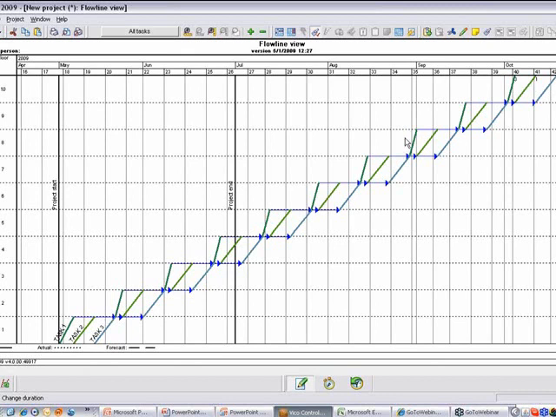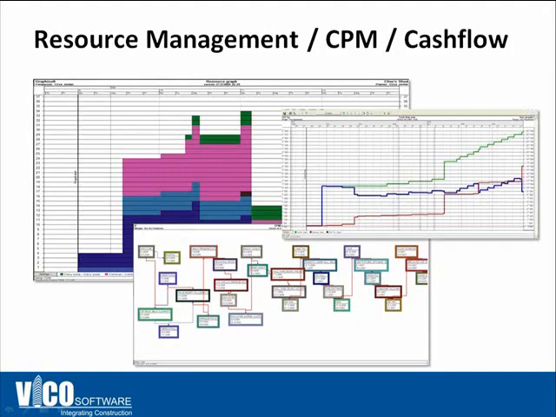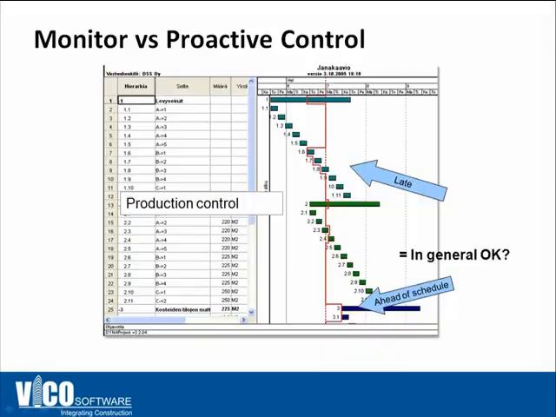So optimizing the schedule is pretty simple because you always have real-time feedback from Control about your resource usage, about your production rates, and about your flow of construction. So you can have the nicest and the best schedule in the world. If the field guys don't buy into it, and if the superintendent doesn't use it, it's an effort that's wasted. So Control has to be a tool that can be used by the superintendent efficiently to monitor and track the progress